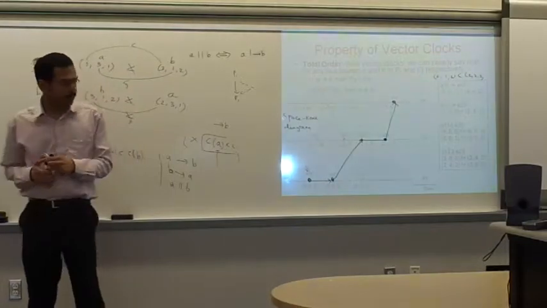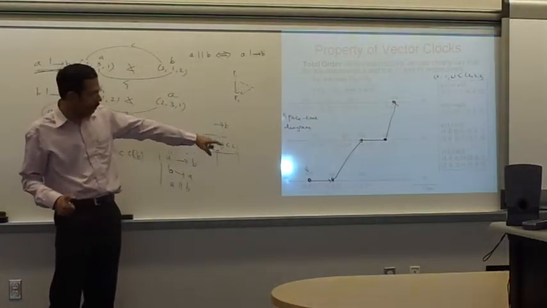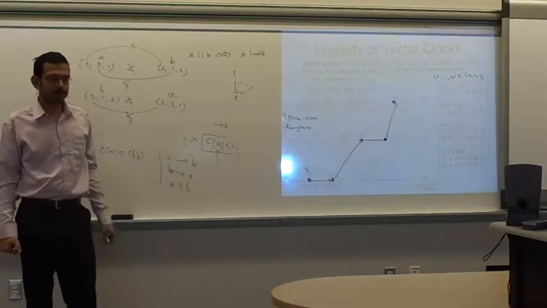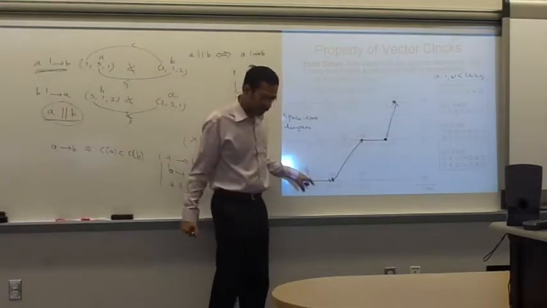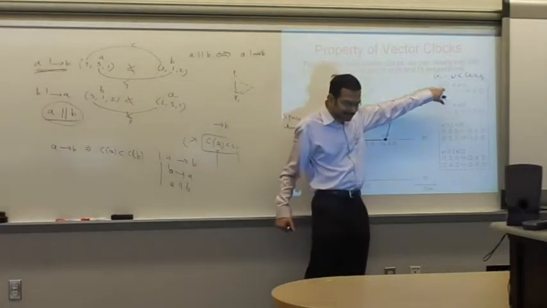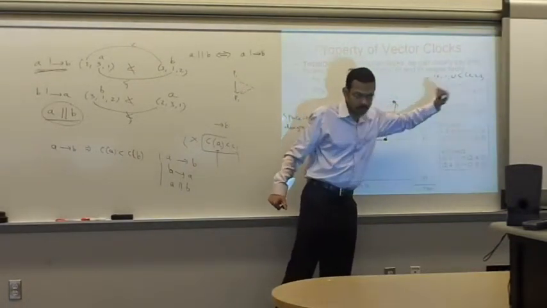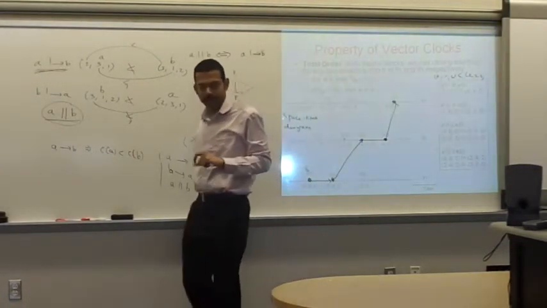So we can say the first event definitely happened before the other event. So we can prove that. If the clock value of one is less than the clock value of the other one, we can say the first event happened before the